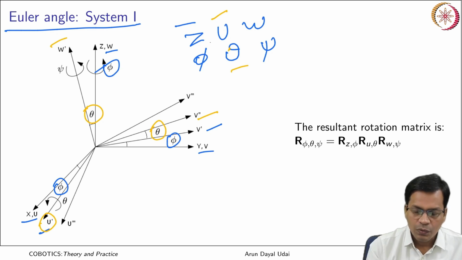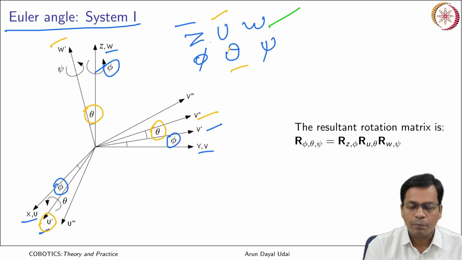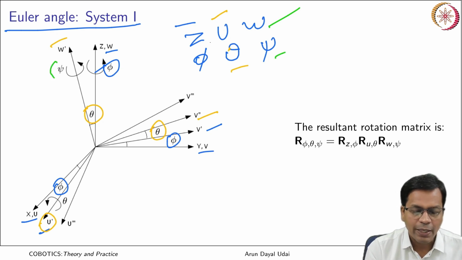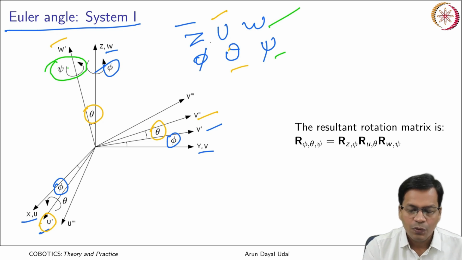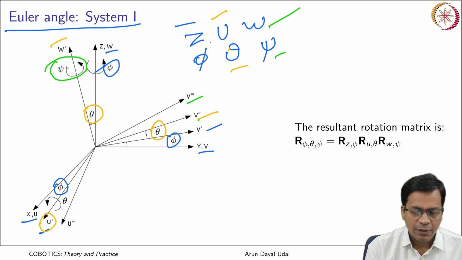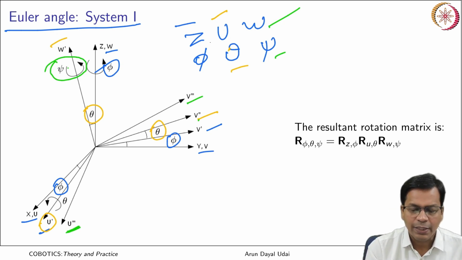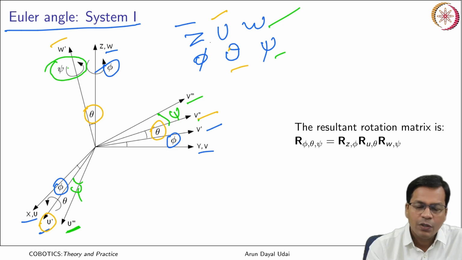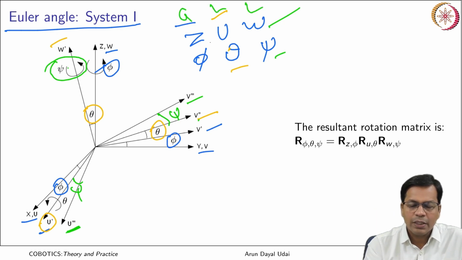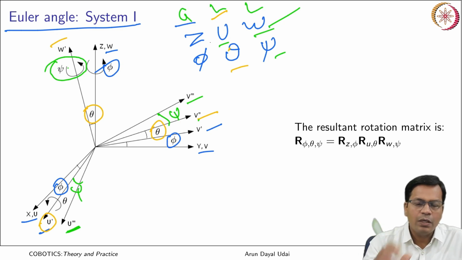Now rotation about W by an angle psi. This time we rotate about W by an angle psi. So W will remain wherever it is. V comes to V triple dash, U comes to U triple dash. These two basically get changed. So this is my angle, this is my angle. This is how, after 3 consecutive rotations, 1 global and 2 local, that is, about the local reference frame, it has rotated and come to an orientation.